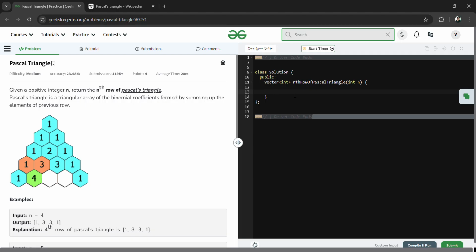The approach to solve the given problem is very simple. The first thing to remember is that we have to create two vectors, the previous vector and the next or current vector. By adding our current data, while traversing we store it inside the previous data, and then after it